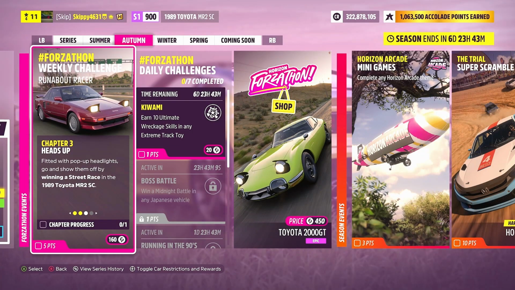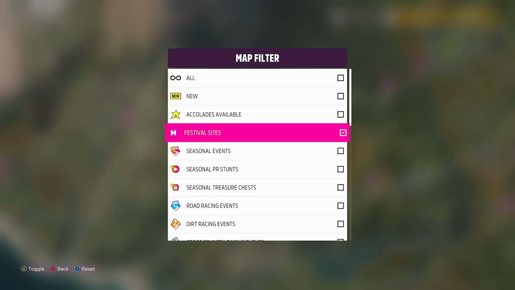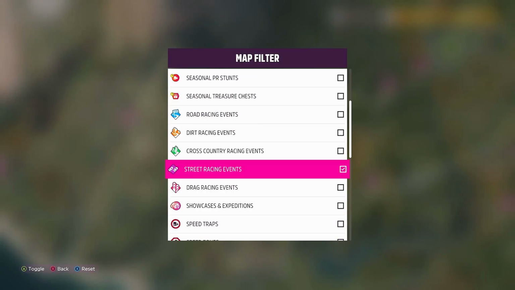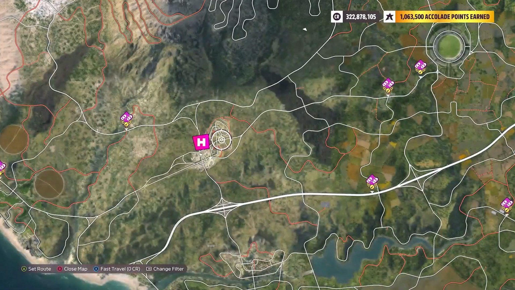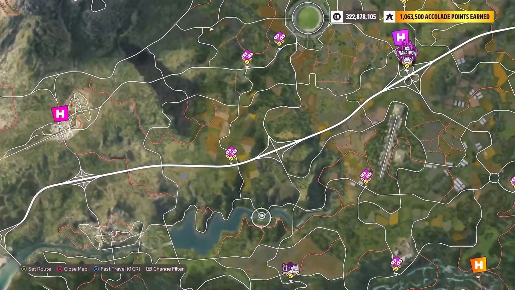Moving into Chapter 3, heads up, fitted with pop-up headlights, go and show them off by winning a street race in the 1989 Toyota MR2 SC. So for this chapter, head on into your map and filter by street racing events only. Again, just to make it a little bit easier to see and find. Any street race will do, it is entirely up to you, but I'm heading to the south of the map